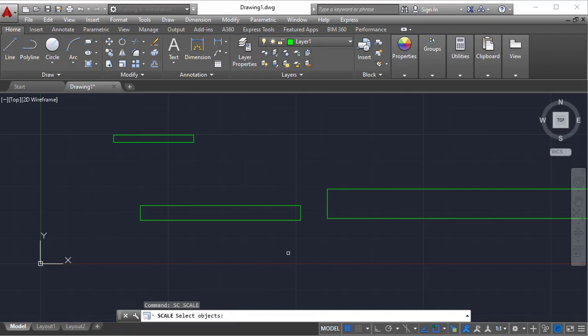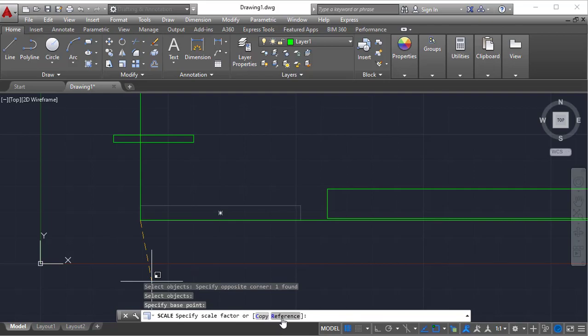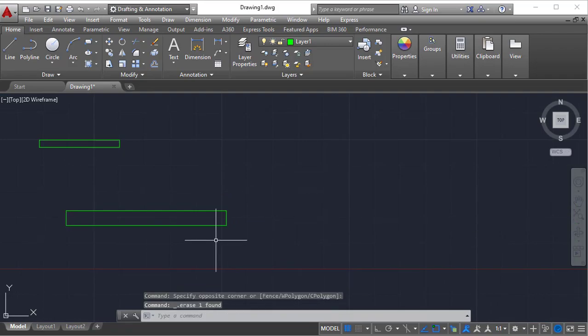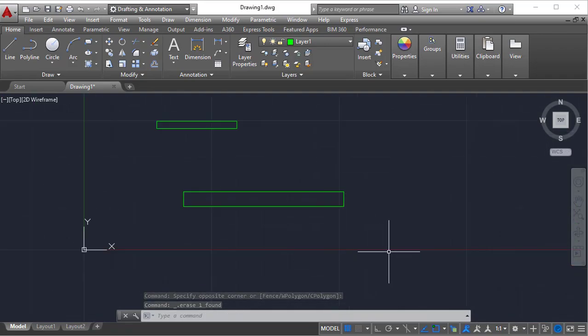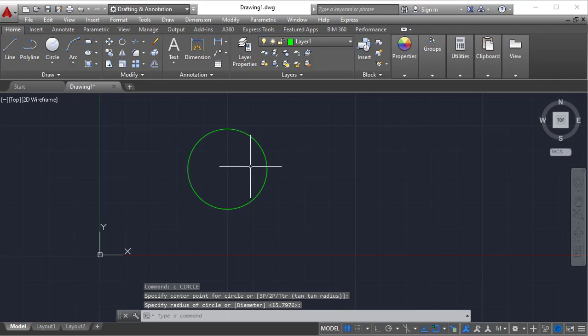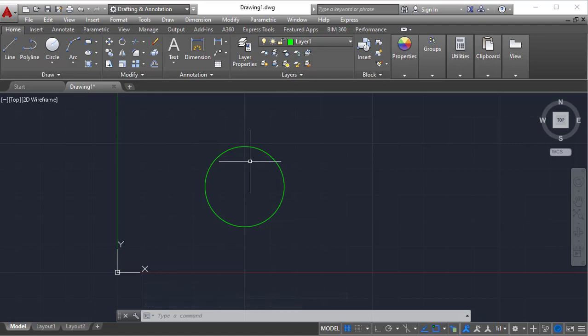Now in scale, after selecting the base point, again you will get two options, copy and reference, similar to rotate. If I click on copy, you can simply increase the object, and the original object and the scaled object both will be there, right? And what is the use of reference in AutoCAD? Please remember, this option will be most useful for you. Say unexpectedly you got an object with unknown values, and you want this to be a known value, whatever value you know.